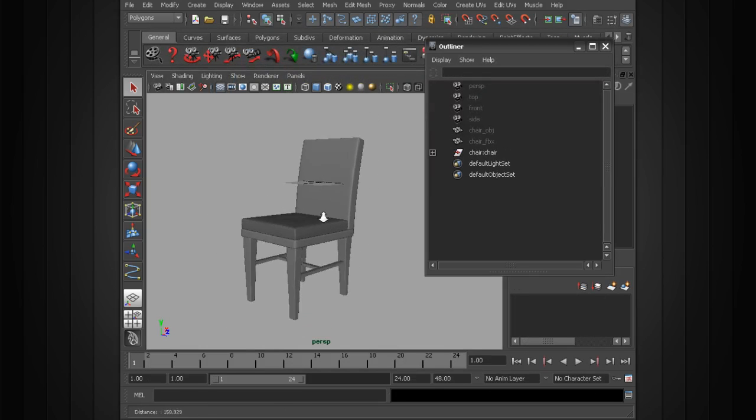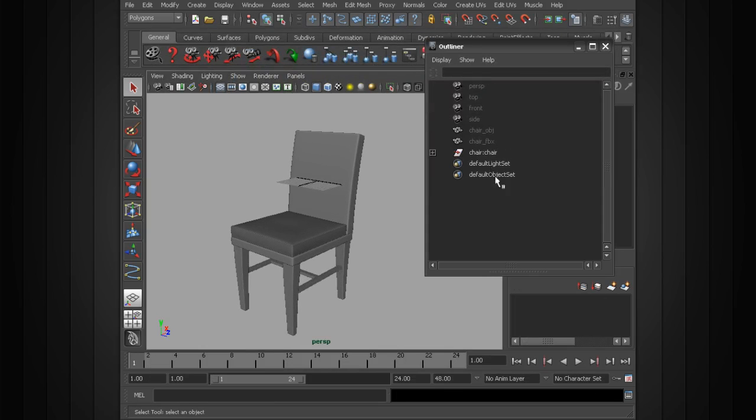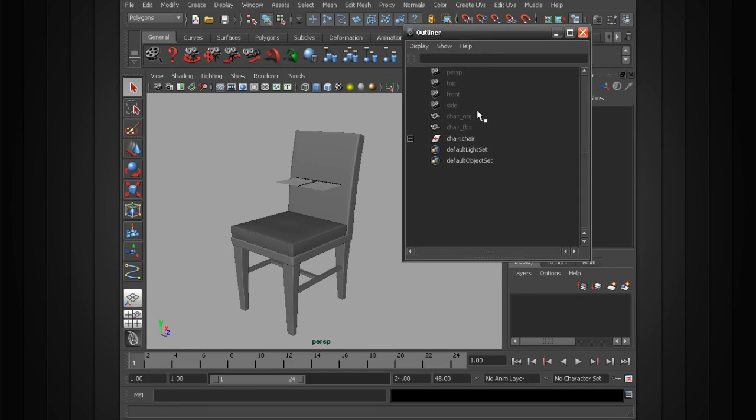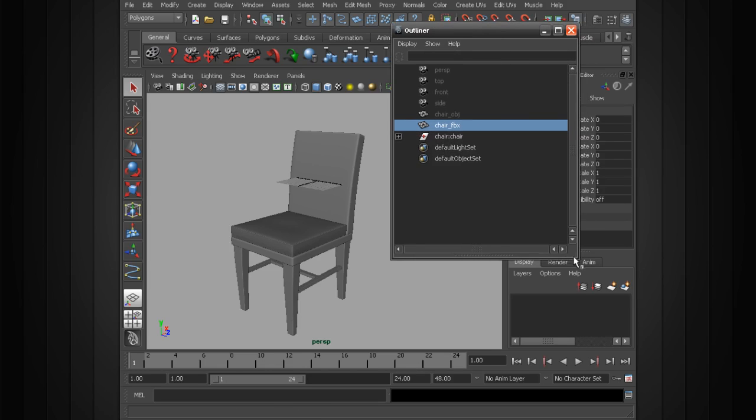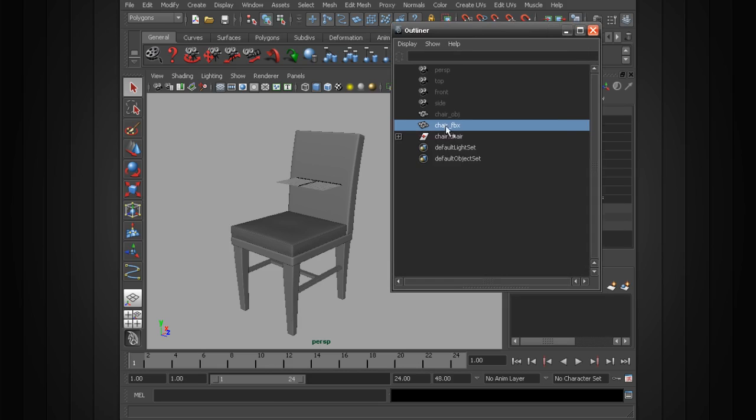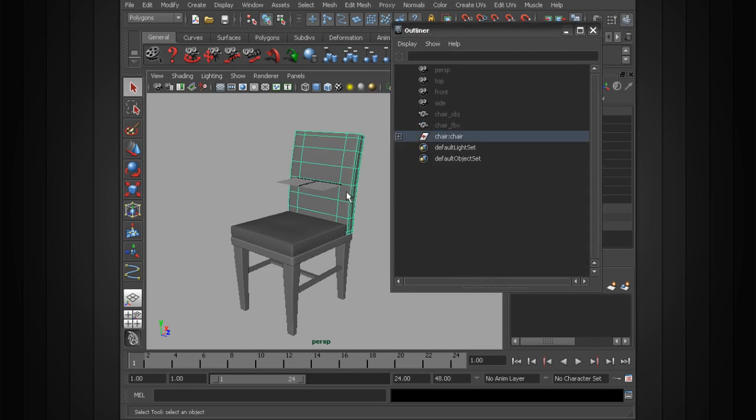Now you can see visually we've got the same chair, but if we look in the outliner, you can see that things look a little bit different. We aren't seeing that polygon icon. We're seeing a little bit of a different icon and then a little plus sign. This is a group. Okay, so you're going to find that when you're working with models, arranging them into hierarchies is going to be very important, because if I have a chair that's made of multiple pieces, as you can see, this one is, as I can now select, but I don't want to be able to move those multiple